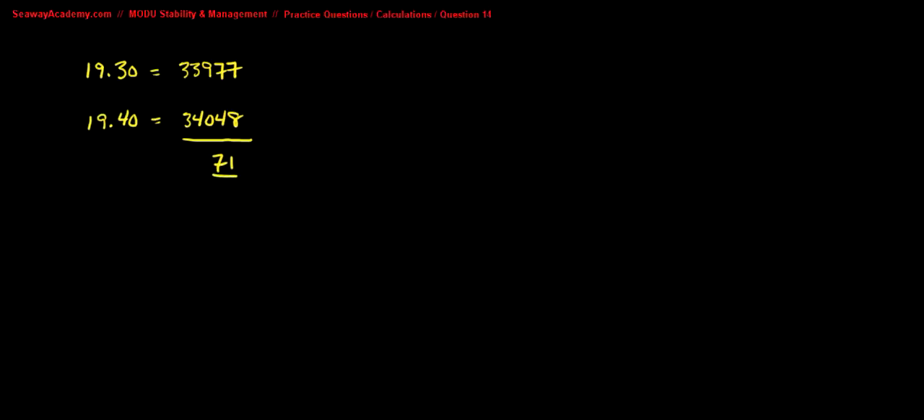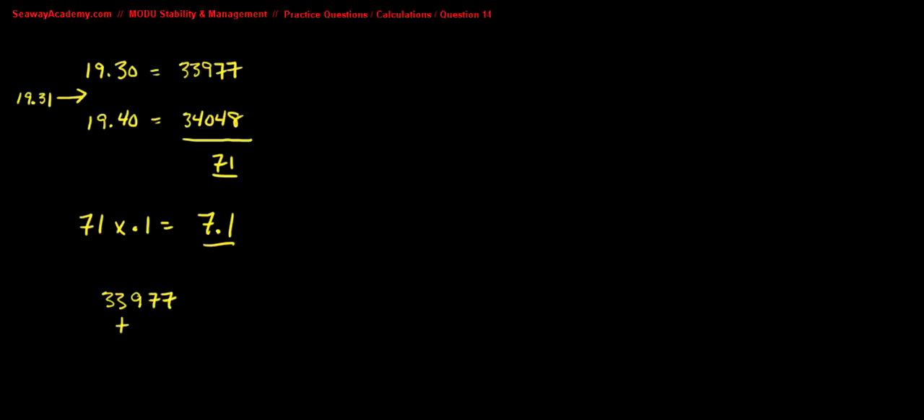Now we're looking for a displacement for a draft of 19.31, which falls in between 19.30 and 19.40. The difference between those two drafts is 10. We're looking for 19.31, so therefore we're looking for 1/10. So we take the difference between the two displacements, which is 71, and we multiply it by decimal 1, or 1/10, and we get 7.1. So now we apply that to the draft of 19.3, which is a displacement of